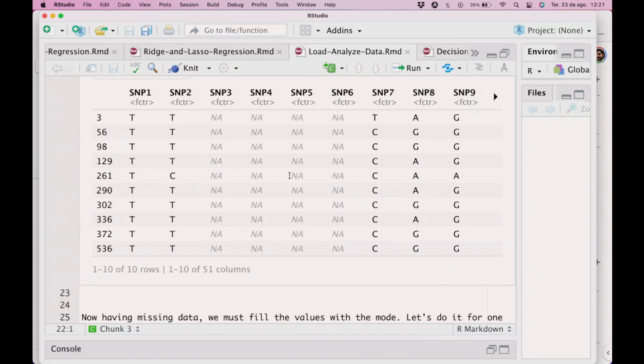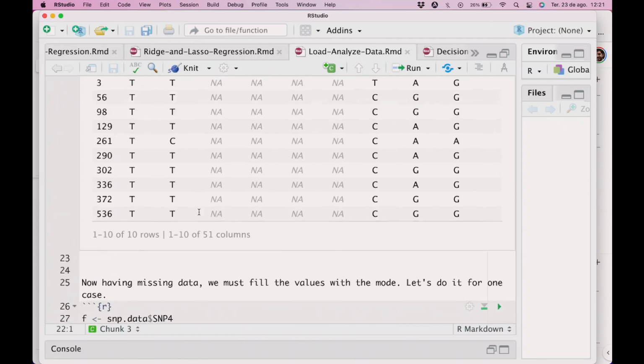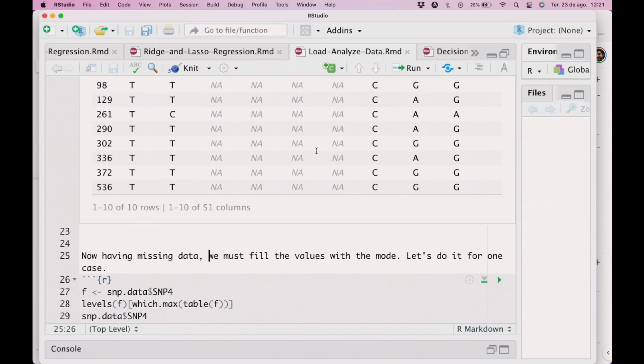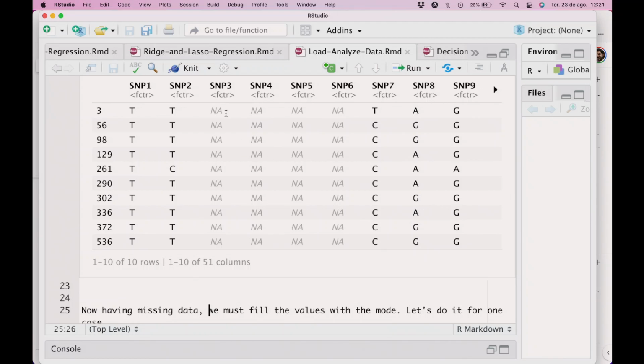And then I'll have to convert this data set to a numeric version because I cannot work with categorical data in the linear regression. How am I going to multiply a categorical value by a number, okay? So, if I have missing data, I must fill the values, for example, with the mode. So what I'm going to do is fill the missing values with the mode of a given variable. Okay. If the variable was numeric, I could fill the missing values, for example, with the mean or the median